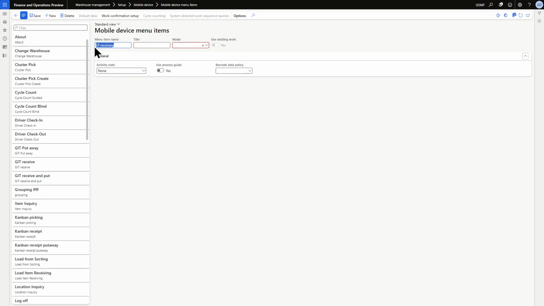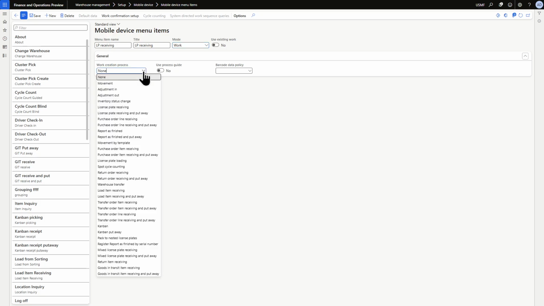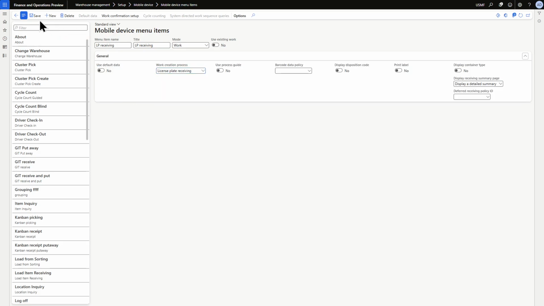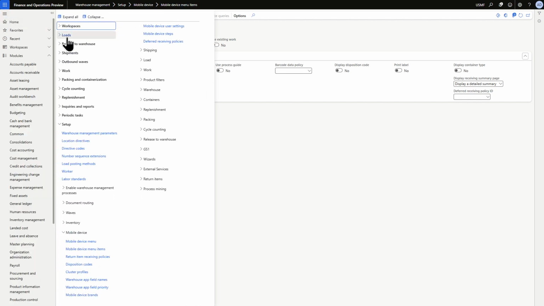Give it a name and title. Mode work, and here will be license plate receiving. Then click save,